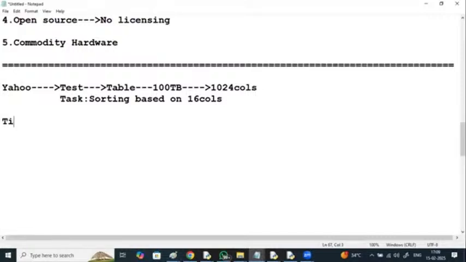Teradata, a specialized database used for data warehouse, has taken 4.5 hours. Netezza, another specialized database used for data warehouse, has just taken 3 hours, right?